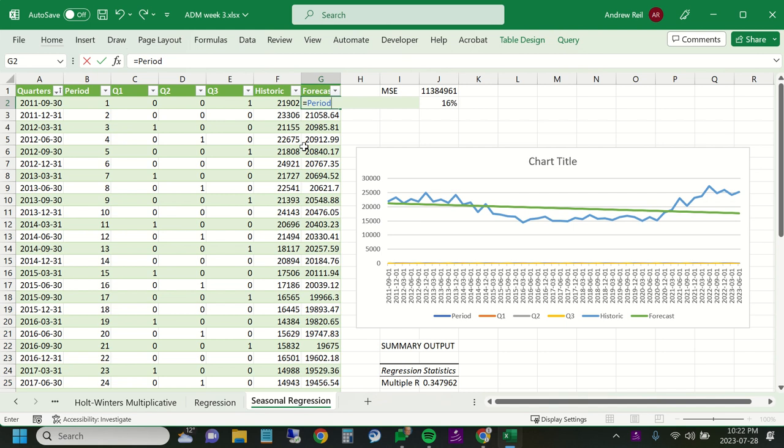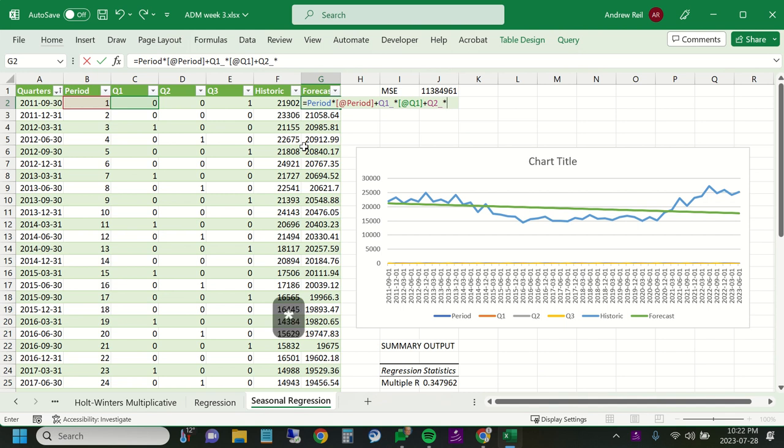So the word period, and then multiplied by x. The x for this period is this one. Then I'm going to add to that the mx for quarter 1. So the slope for that is Q1, and there it is again. Mine has an underscore below it. Yours might not have an underscore. So I'm going to hit Tab. And then times the quarter 1 value. And then plus the quarter 2, Q2, Tab to accept it,